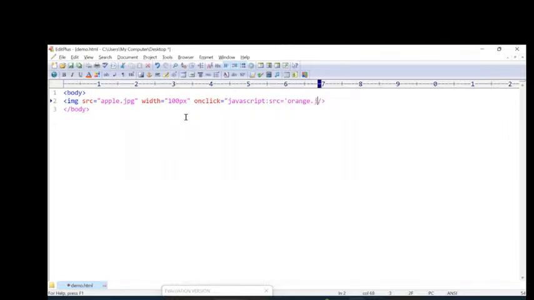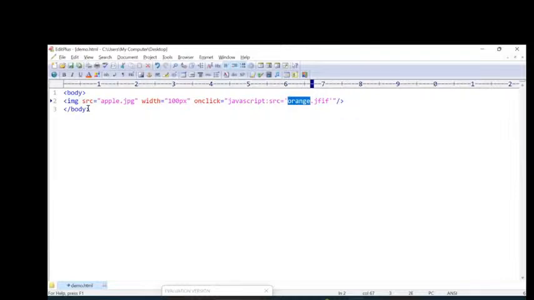Orange dot. It is not a JPG image, it is a JFIF image. So now I have given a statement where onclick is equal to javascript colon source we are changing. The original source apple.jpg I'm changing to orange.jfif. Refresh, click, and now it displays orange.jfif. Like that, when you want to change the properties of HTML controls at runtime,